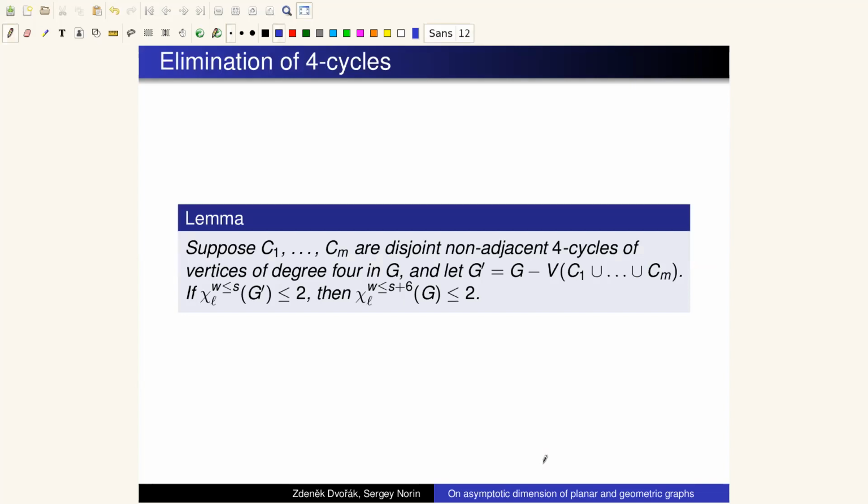So here is a claim about elimination of 4-cycles. If you delete from your graph a bunch of disjoint, non-adjacent 4-cycles whose vertices have degree 4,